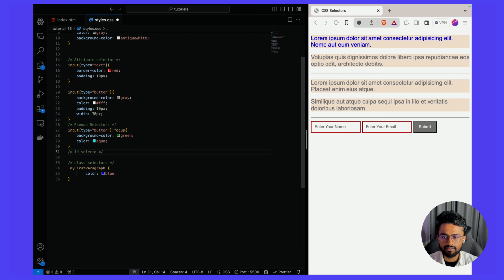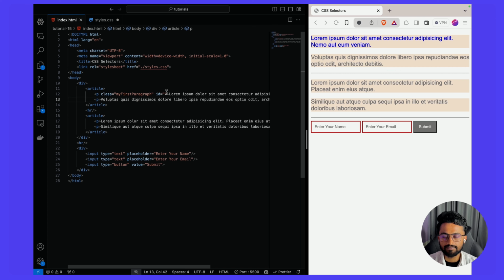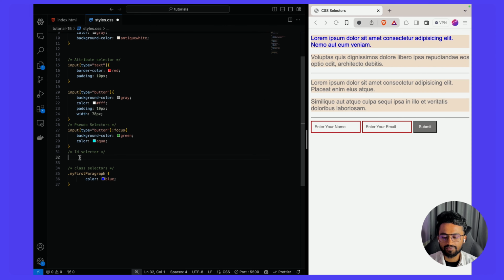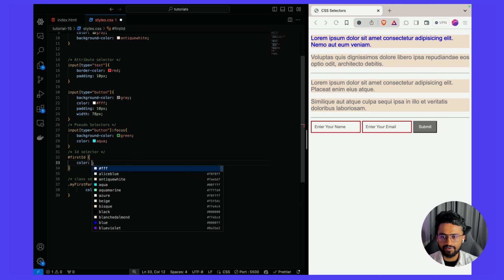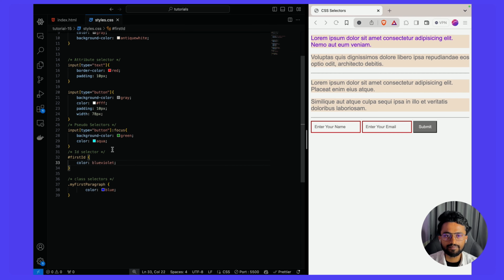So here I'll write ID selector, and here I'll say the first ID, maybe first ID, save it. Let's go here. And the IDs are always represented by a hashtag, and the class is always represented by a period or dot, right? And here, if I write color to maybe blue violet, yeah. So as you can see, this is getting changed,